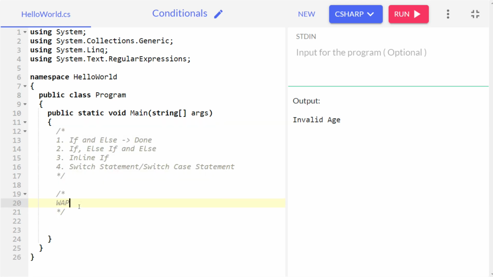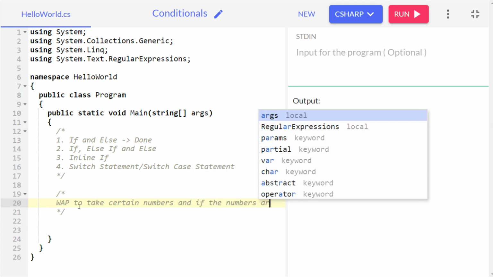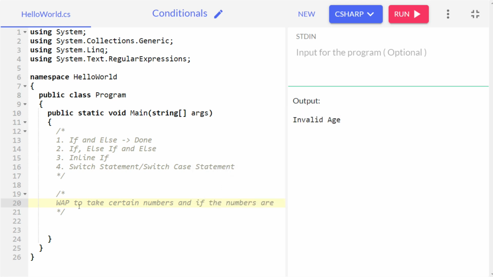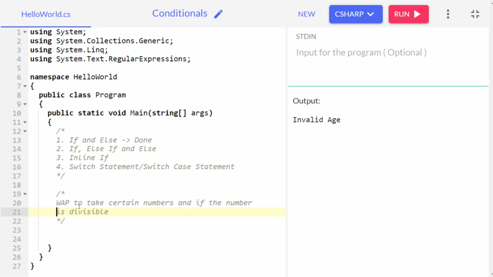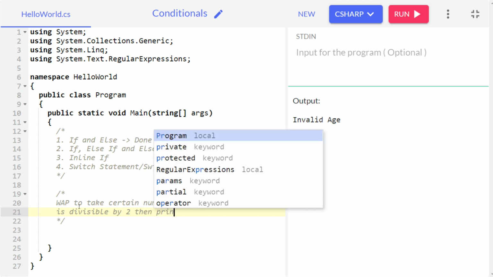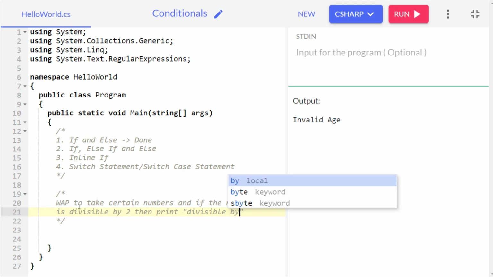Write a program to take certain numbers, and if the number is divisible by 2, then we have to print divisible by 2,